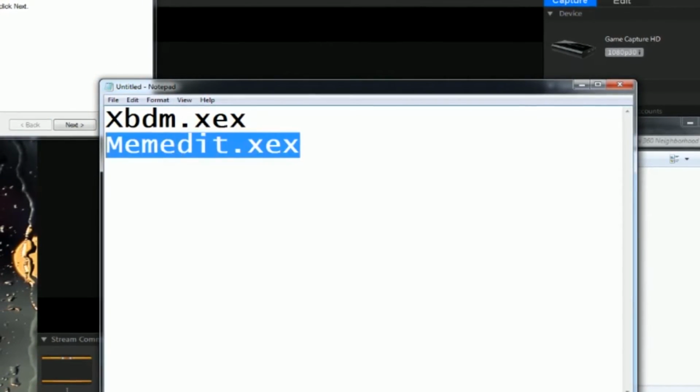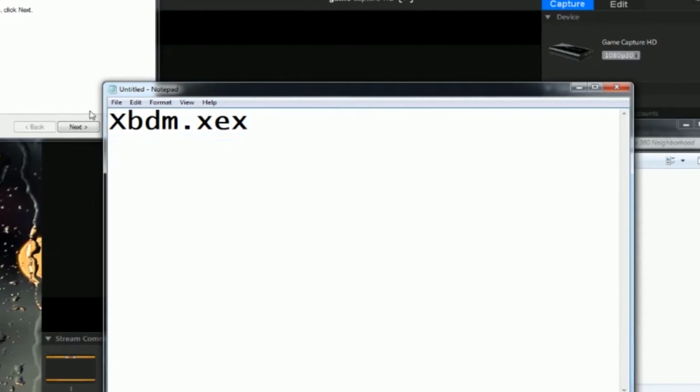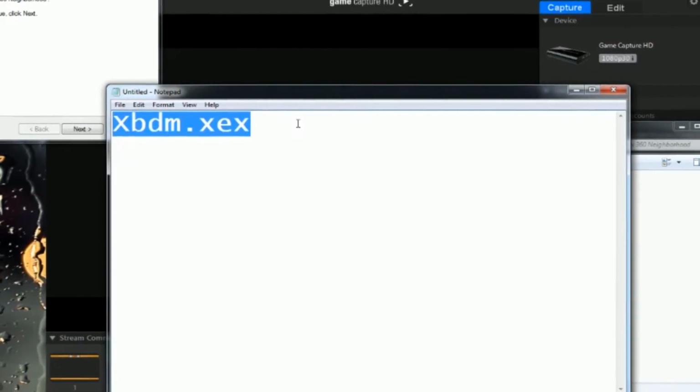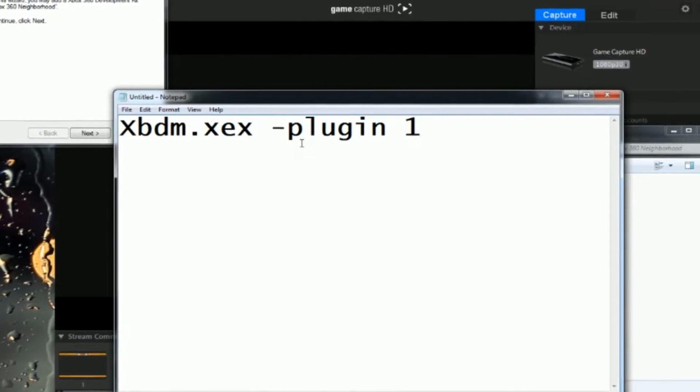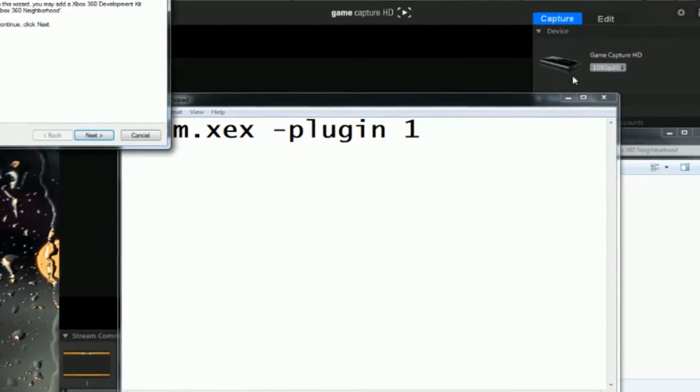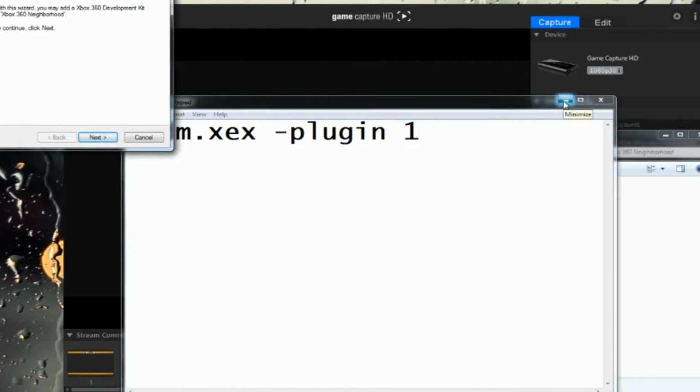This actually might not be necessary. I'm pretty sure this isn't, but this is necessary. This has to be plugin 1. So yeah, with that in mind, just make sure to do that. You're gonna want to